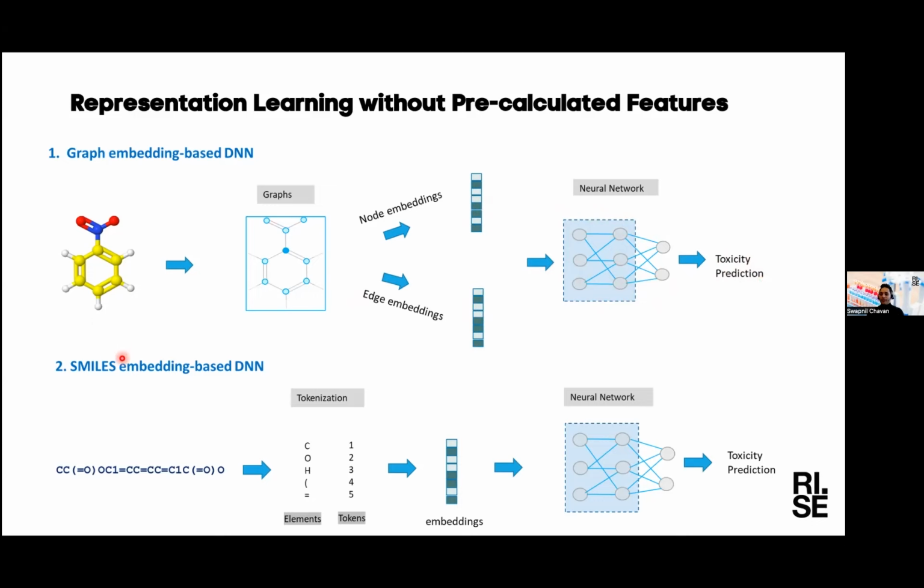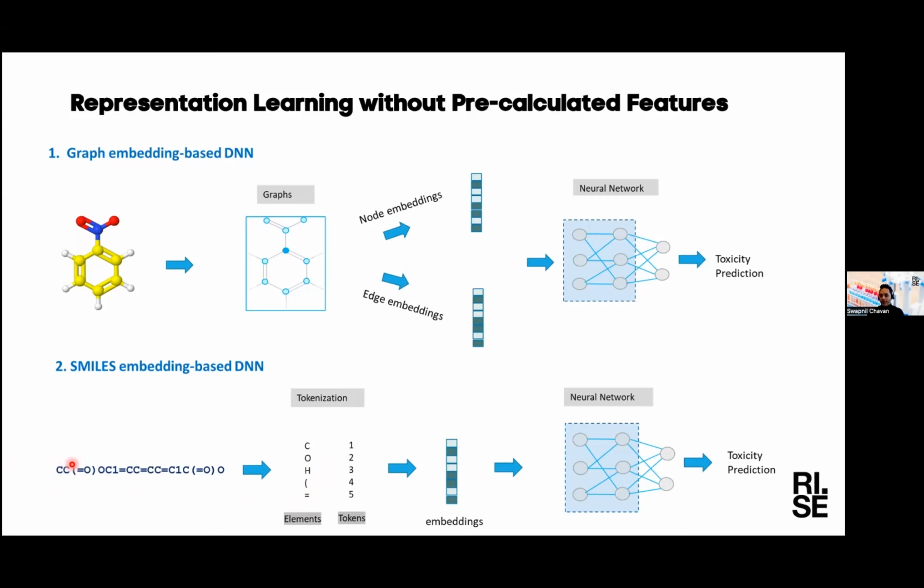The second approach is a text embedding based deep neural network. In our pharma field, we use SMILES notation as text. It uses a standard library of all periodic elements as a lookup table. Then for every character within a SMILES, we look up this table and assign the index of the given character. For example, C is at position 1. We transform the first C as a 1.